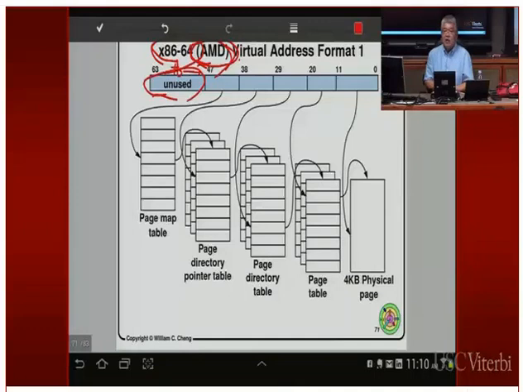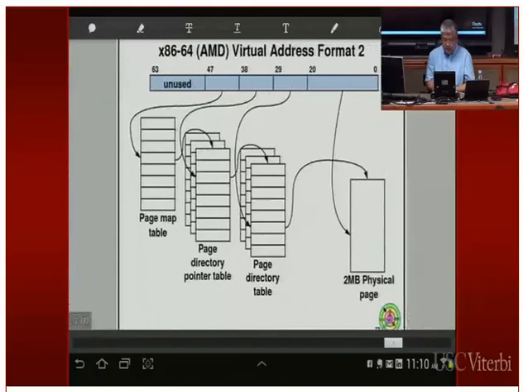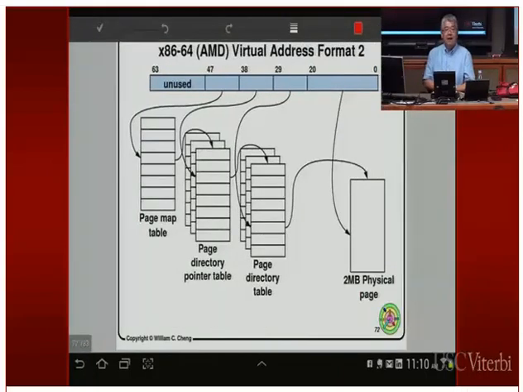Okay, so we're going to assume that the address translation for the processor is in this format. The i386 is the one with the 32-bit format. There are two formats. One is like this, and the other one combines the last two fields into one field. So instead of having 5 fields, you only have 4 fields over here. Okay, and again, the translation lookaside buffer performance is going to be very, very crucial for this particular architecture to be successful. Right, because if the translation lookaside buffer is 100 times faster than main memory, then if you go to main memory for every one of these page table levels, it's going to be 4 microseconds instead of only 1 microsecond. Okay, that would be way too slow.